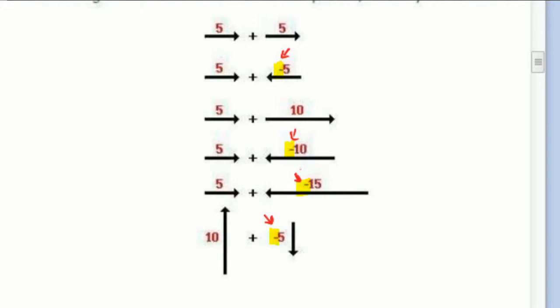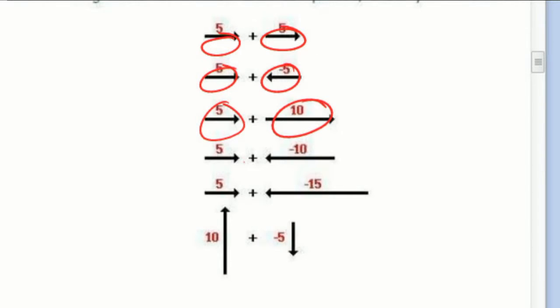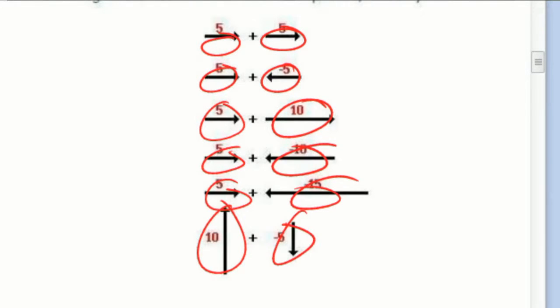What they're going to indicate is that every time I have a negative sign, the arrow is going the opposite direction as the other arrow. So we'll worry about signs later. For now, just think of it in terms of the arrows. It's going to the right, going to the right. This one's going to the right, going to the left. The right and the right, the right and the left, the right and the left, up and down, throwing a